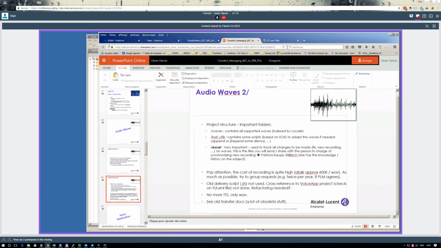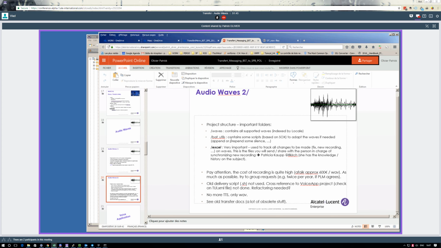So I think there are some batch utilities in the project that can be used to add some silence. I suppose this is adding padding, 0.15 seconds of silence into the wave. What else?